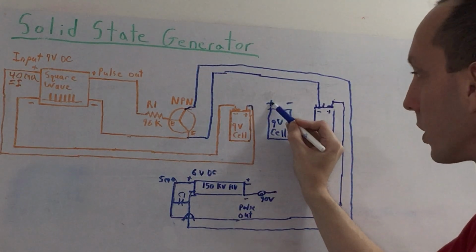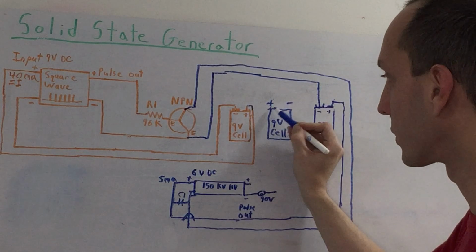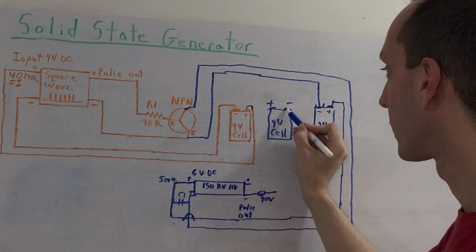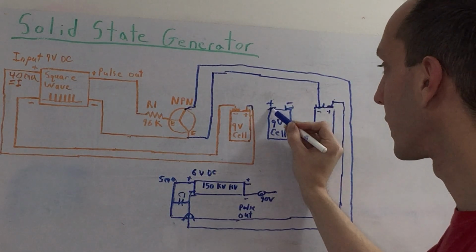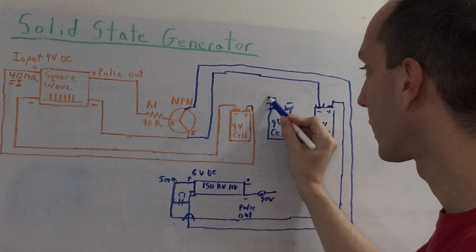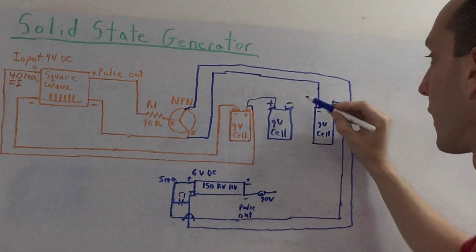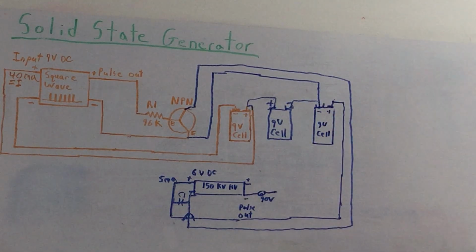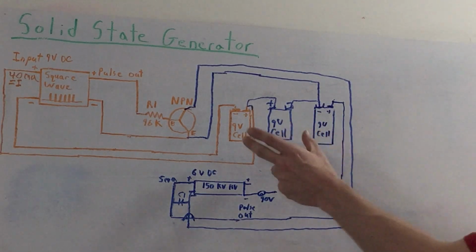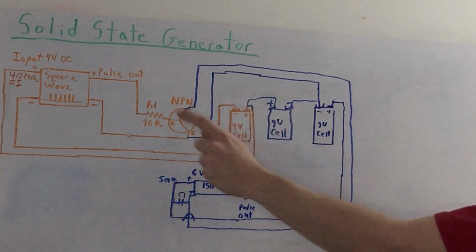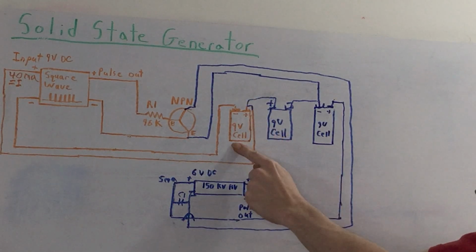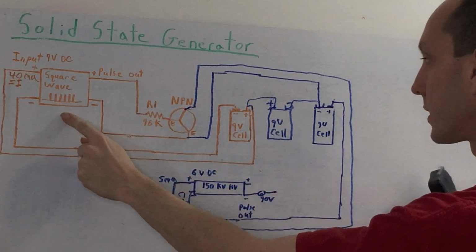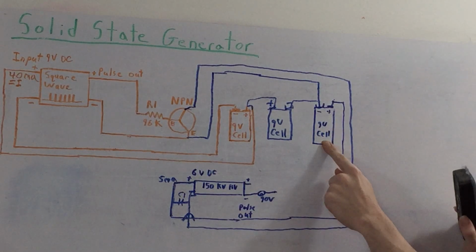So plus is going to connect with the plus here, and the negative is going to go ahead and connect with the negative here. So essentially, as far as every system is concerned, this one here is running